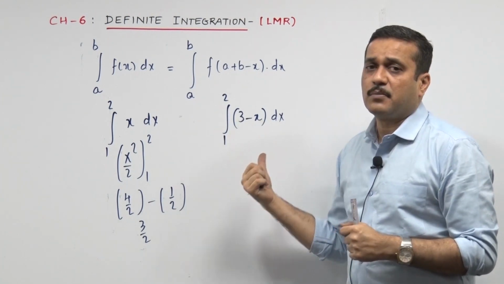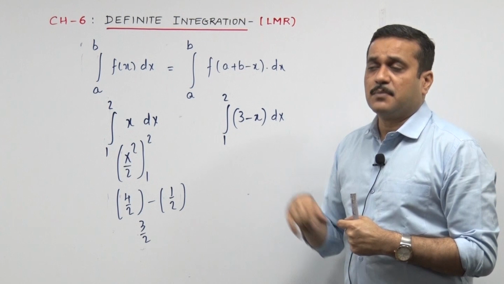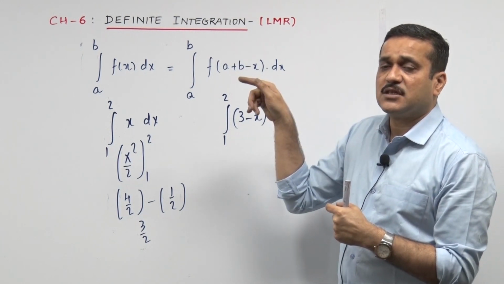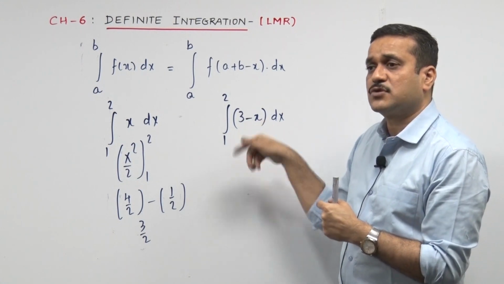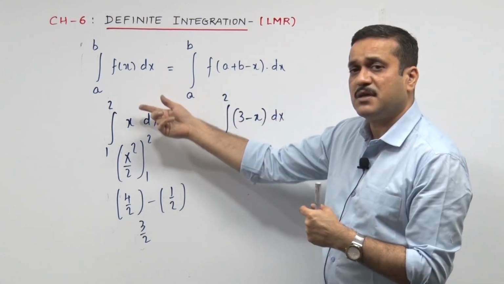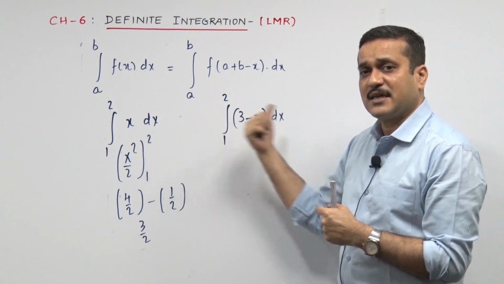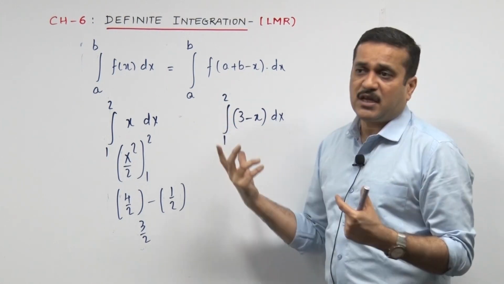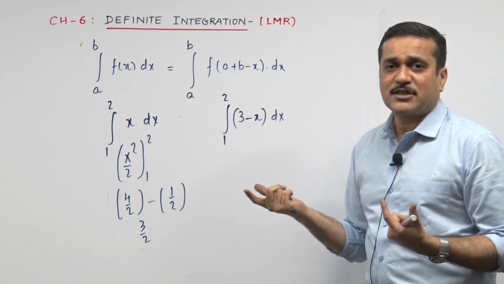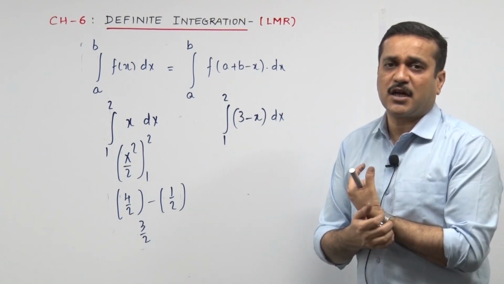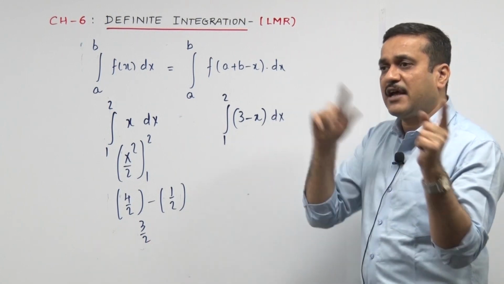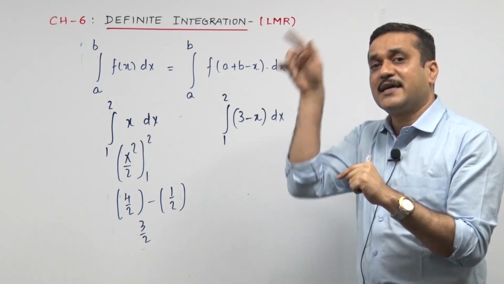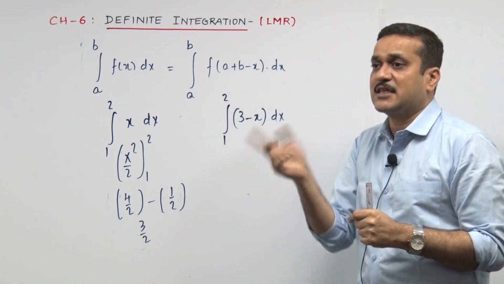Now every viewer out there is agreeing to what I said right now. Have I applied the property? Yes, sir. The property said you can change your x to a plus b minus x. In the sum, you have changed your x to 1 plus 2 minus x, a plus b minus x, 1 plus 2 minus x, 3 minus x. Now, everywhere, but in my sum there was only one place with x, so that is the example I am giving you right now. If it comes at multiple places, you need to change all your x. If your f of x becomes f of 3 minus x, all the x in the function need to become 3 minus x. That's how it works.